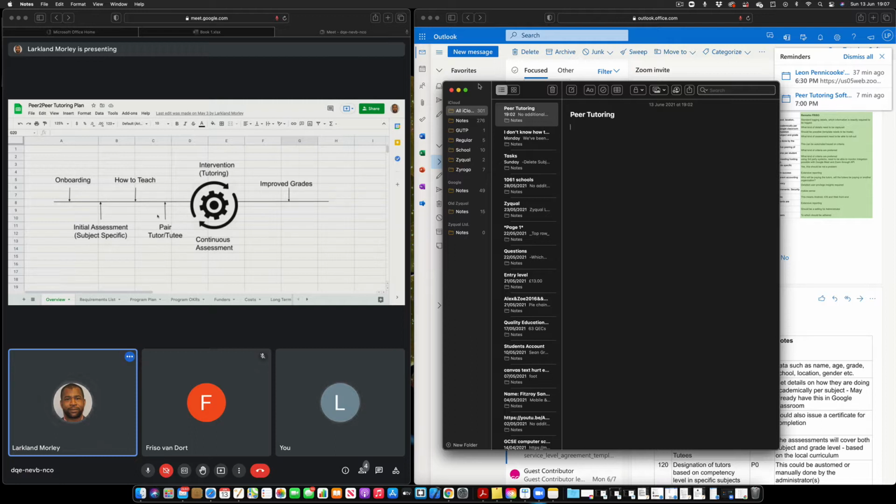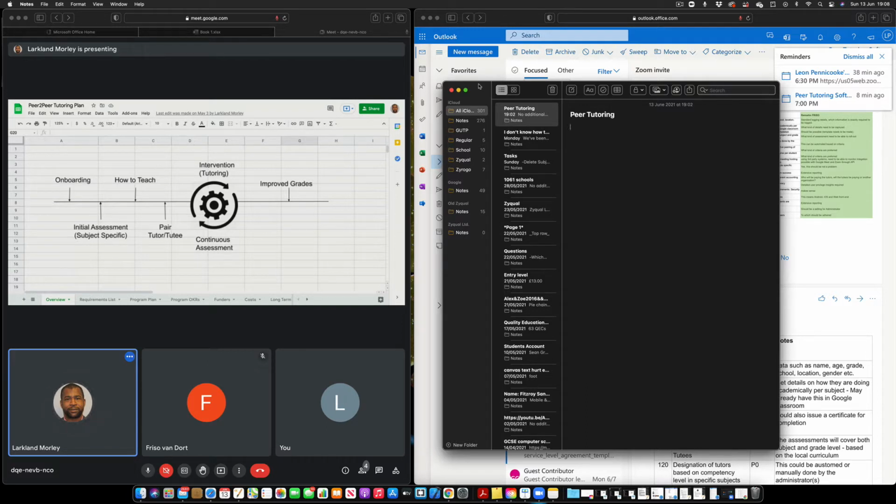Now, I think the magic of the system, one of the important things of the software, is the ability to pair the students. After you get all of them in, you need a way to pair them, whether manually, where you go in and say this student tutors that student, or automatically. Manually initially, but at some point you want to automate the process.